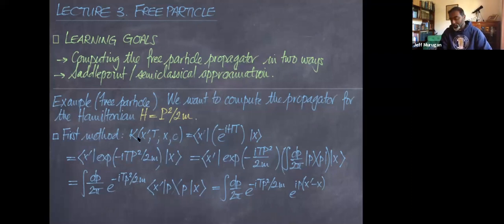Okay, and of course, I have two exponentials now, one of which is linear in p, and the other one is quadratic in p, which tells me that I can write this thing by completing the square as a shifted Gaussian, and then it's just a matter of doing a shifted Gaussian integral. So this I'm going to leave for you to do, but it will come out to be m over 2 pi